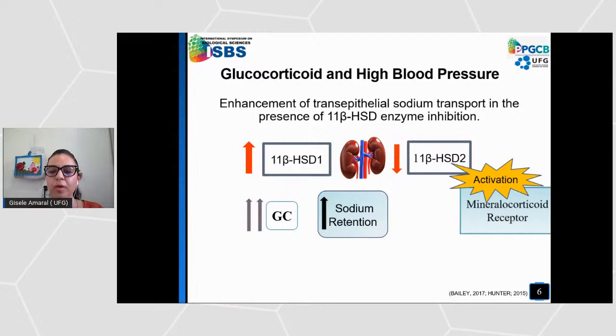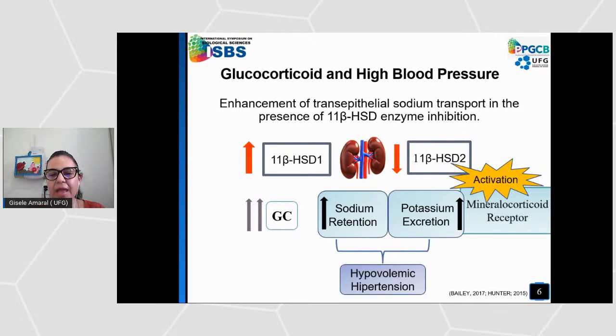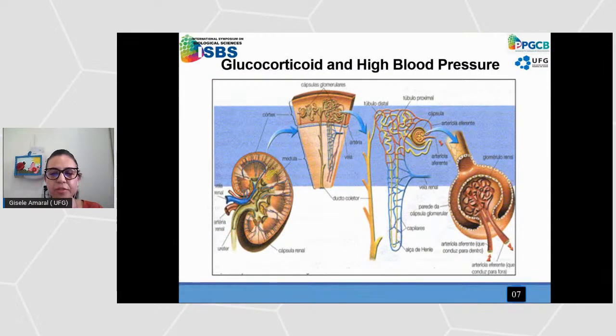So it was believed that a large part of the pro-hypertensive action of this drug was exclusively due to this renal mechanism, of increased sodium retention and also increased potassium excretion, and consequently water, generating a model of hypervolemic hypertension. The filtration process in the kidney depends on the amount of blood that goes through the renal artery